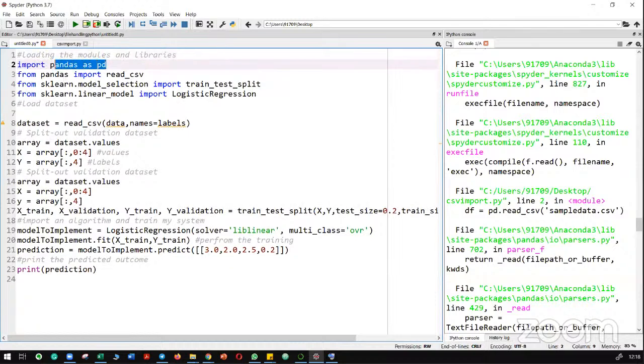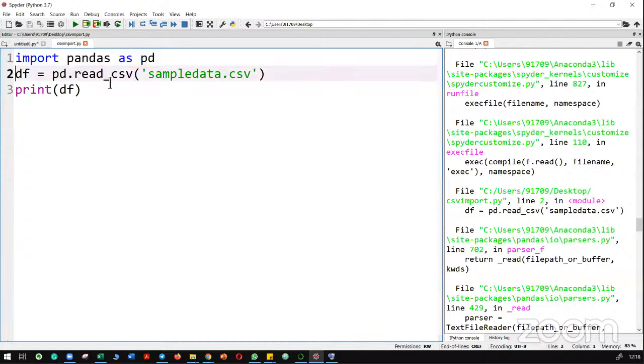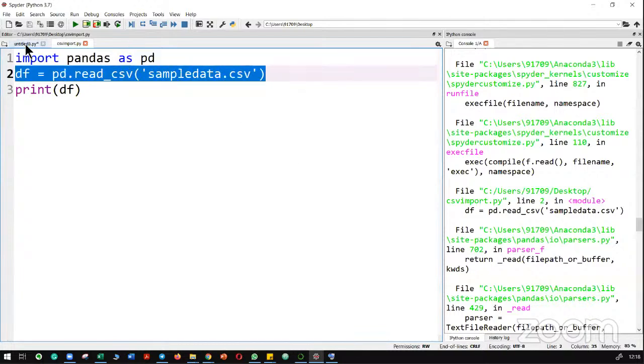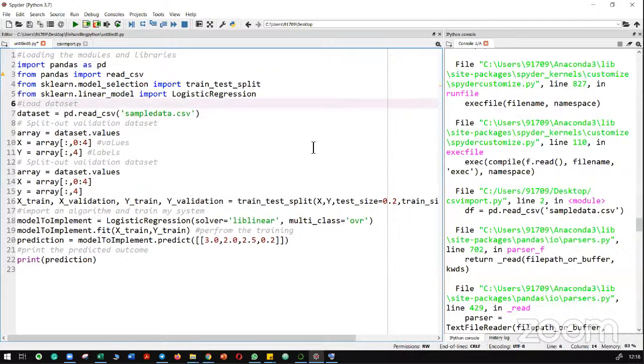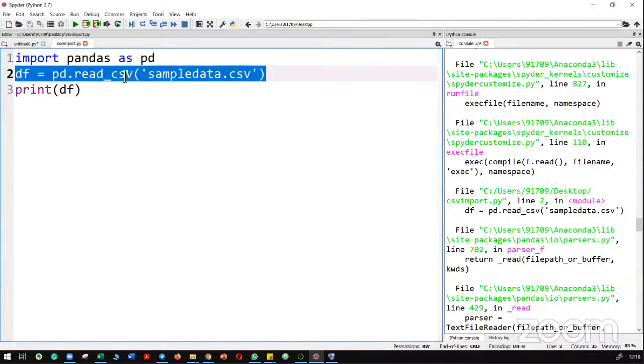I'm importing pandas as pd, and then I would take this data frame and replace it here. Instead of df, I would use dataset. Now you have the dataset with you. You just need to make sure that these values, and also here one modification that you need to do